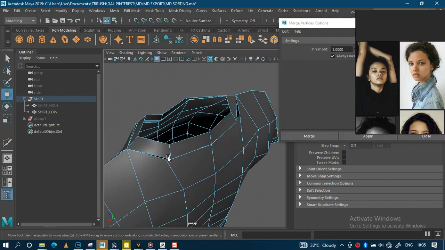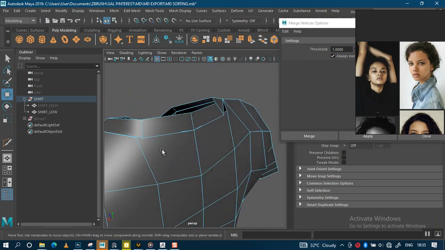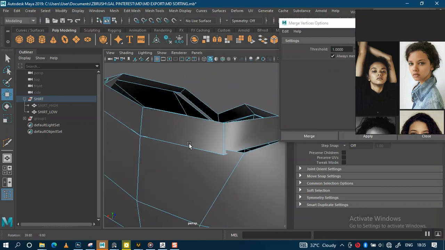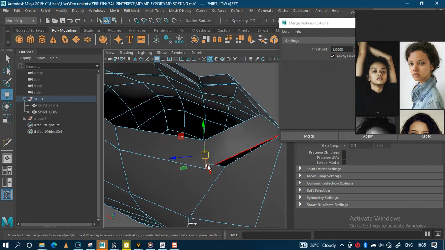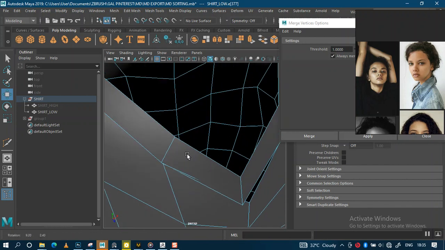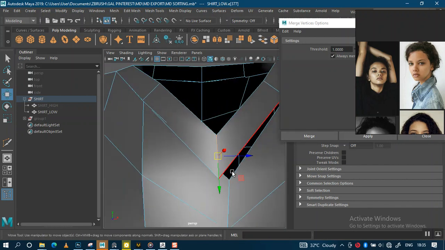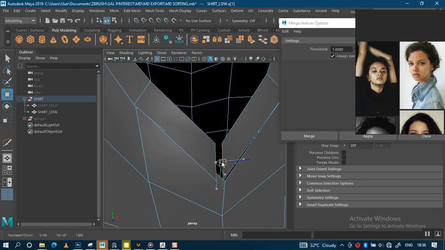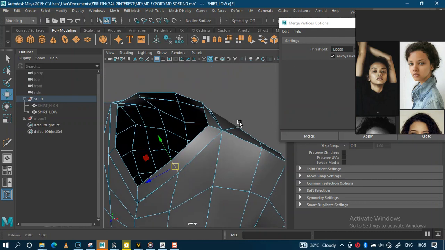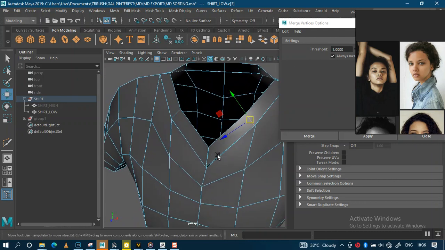Control delete, and then just try to move some things in place, some edges in place. Yes, so now we can